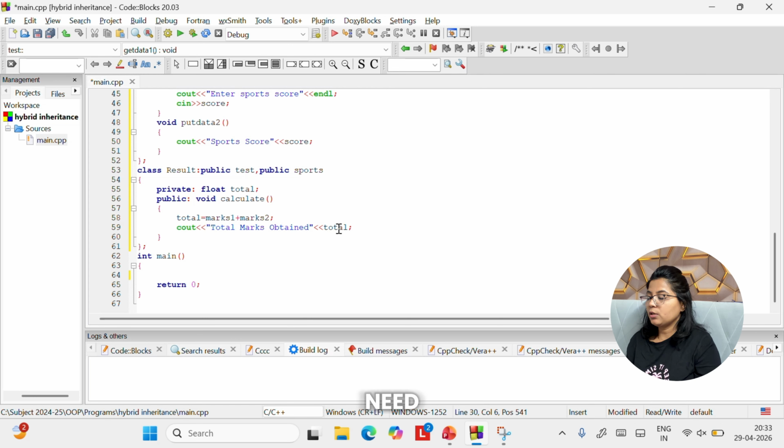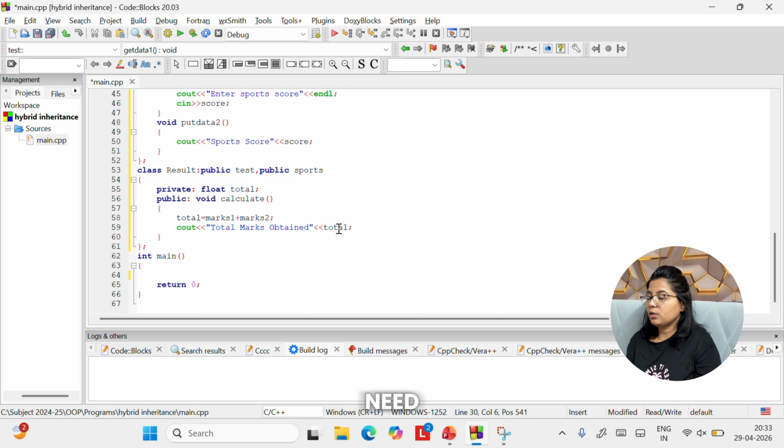And in derived class, or you can call the member functions of base class like get data 1, get data 2, put data 1, put data 2 in main, or you can call it in the particular derived class. Both things will work. R dot get data.